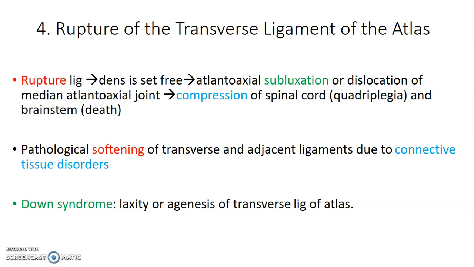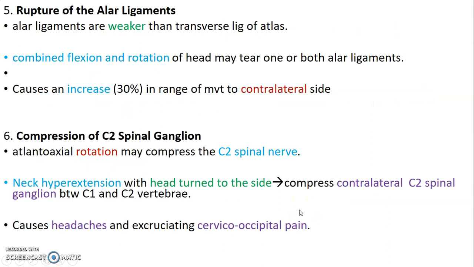Then you can have softening of the transverse ligament in connective tissue disorders, and subjects with Down syndrome actually have laxity or agenesis of the transverse ligament of the dens, and this is very risky because of compression of the spinal cord. The alar ligaments can rupture because they are actually weaker, usually due to flexion or extension of the head. Then you can compress